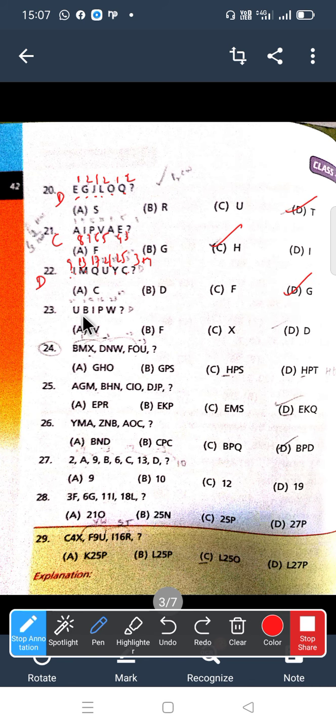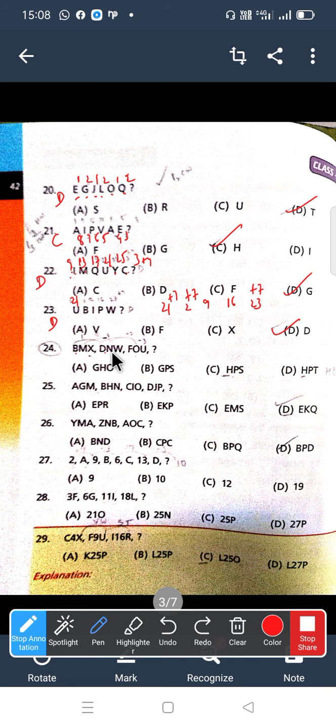The 22nd option is D. Now coming to the 23rd one, UBIPW. UBIPW is nothing but 21 is the number for U. So 21, 2, 9, 16, 23. If you observe here, they are adding plus 7 for each. If you add 23 plus 7, 24, 25, 26. You should not go to 27, 28, 29 because you have only 26 alphabets. So 23 onwards, 24, 25, 26, 1, 2, 3, 4. 4 should come. So option D and the alphabet is D.